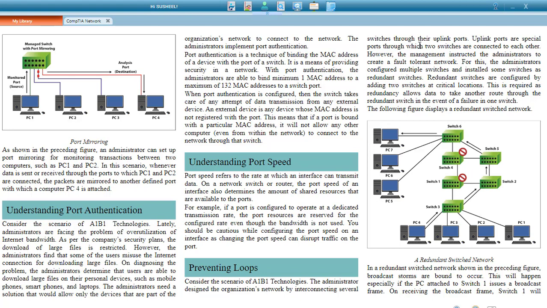Preventing loops. Consider the scenario of A1B1 Technologies. The administrator designed the organization's network by interconnecting several switches through their uplink ports. Uplink ports are special ports through which two switches are connected to each other. However,